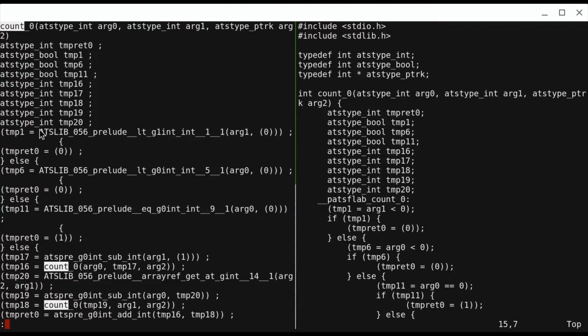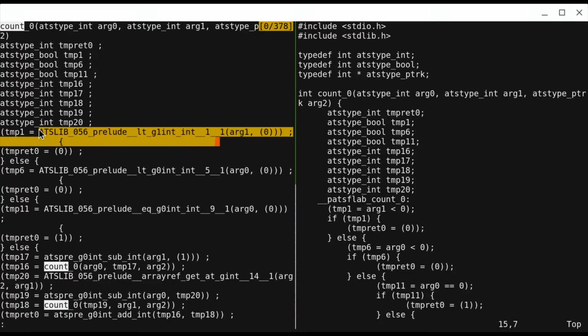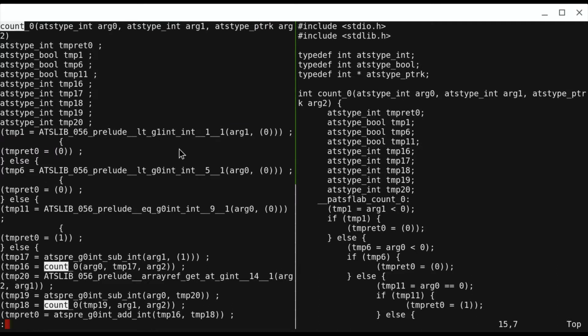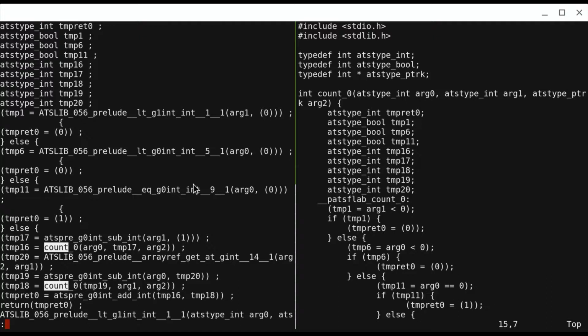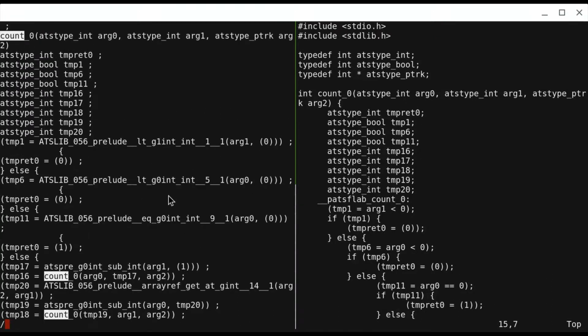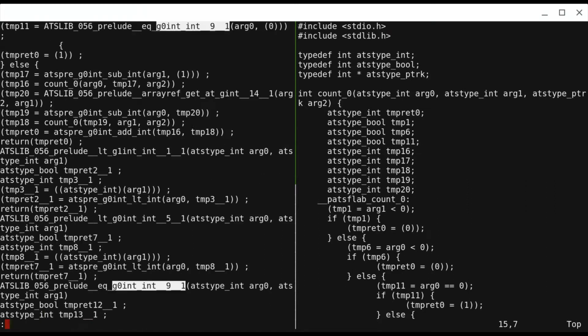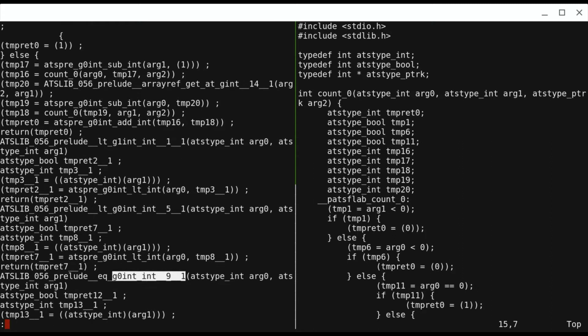And what it generates, it has these long functions like ATS prelude less than, G1 int 11. This is less than sign. This one, this is also a less than sign. And this one, this is an equal. I'm saying arg0 equals 0. That's all it is. And these are actually in the output as well. Int 9 1, and if you find it,